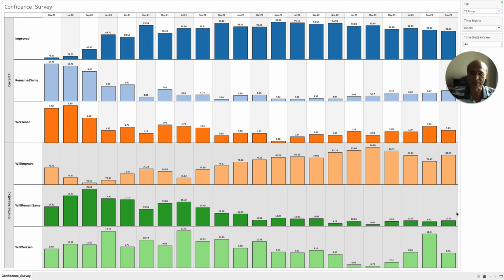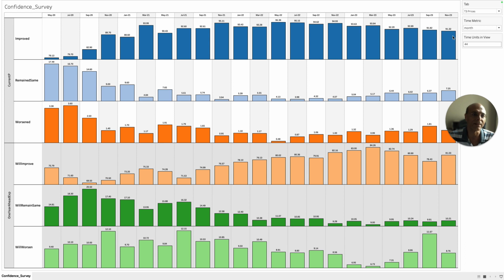Which is also very interesting. And the people who have responded that the situation will remain the same has slightly increased by around 30 basis points, not much, right? And those who feel it will worsen has decreased, which basically means that, from a pricing perspective, there is a perception among the population that the situation will improve 1 year from now, which is very interesting. Though there was a drop in people who felt that the situation has improved, or it is slightly going down, showing a downward trend.